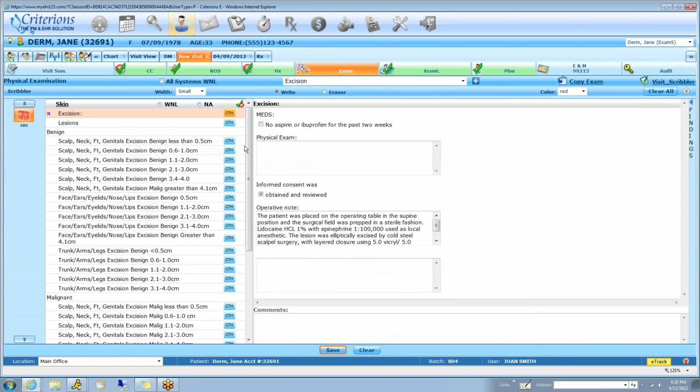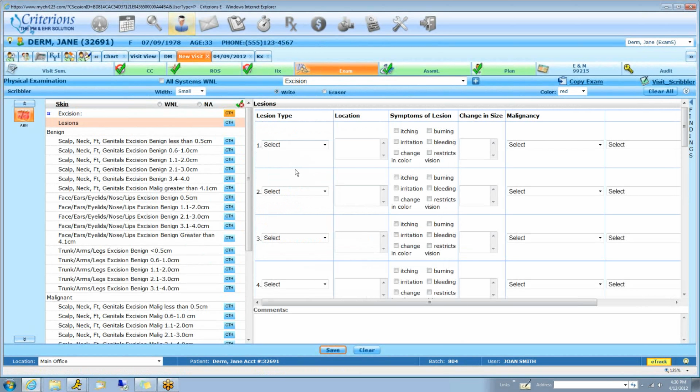But when it comes to doing things like medical necessity, you can have notes that have very generic, simple to enter information that can either be defaulted, can be typed in, can be checkboxes, or any combination of those. You can have things like for particular lesions, instead of doing a drop-down and trying to select the locations for these, you can have text boxes, you can have radio buttons, drop-downs. And you can describe the symptoms of that particular lesion that you're documenting so that you're getting your medical necessity for